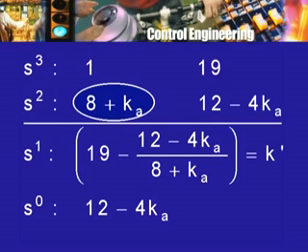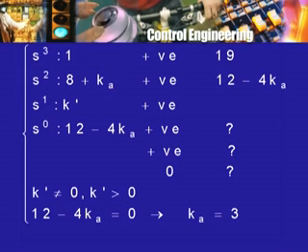Alright. So, I will write down the Routh table. I will call this K prime because it is a complicated expression. So, my Routh array is going to look like s cubed is 1, 19; s squared is 8 plus Ka, 12 minus 4 Ka; s to the 1 is this K prime, and this K prime is not 0, and in fact this K prime is positive, as you can verify. S to the 0 is however given by 12 minus 4 Ka,